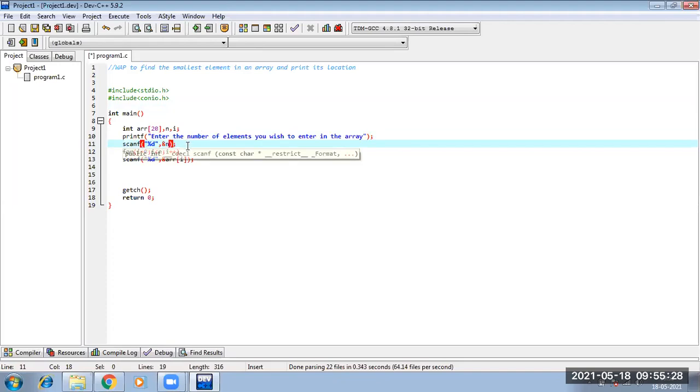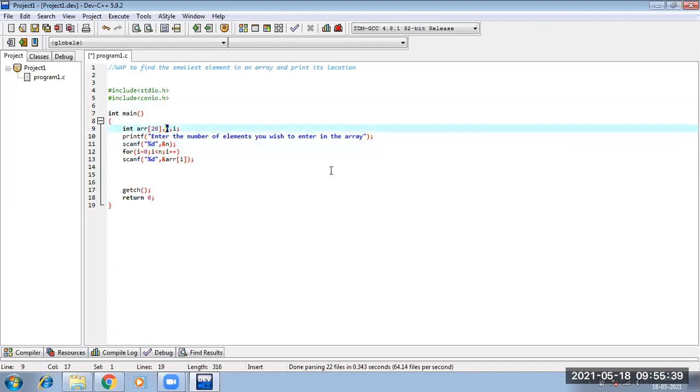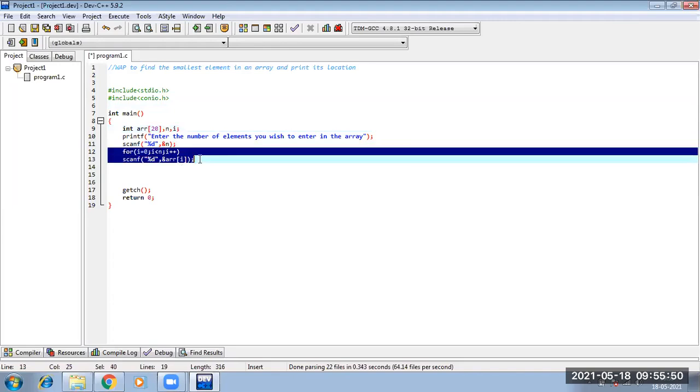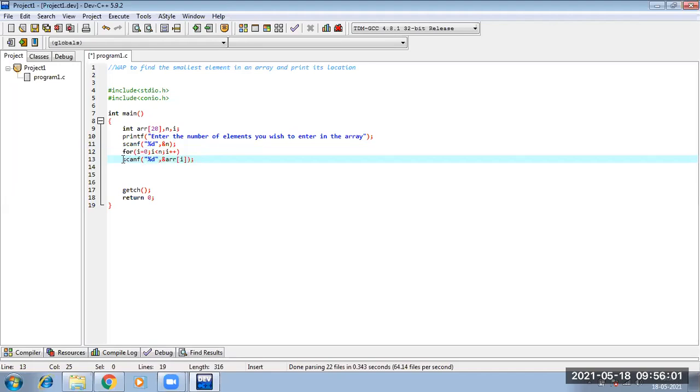And since I am using a variable n, we all know that whenever we want to use a variable, we first have to declare that variable. So I have declared that variable. Fine. Next thing is, once I know how many elements I am handling in my entire array, I will use a for loop. My for loop will start from the 0th index till less than n. That means if I have 5 elements, 0 to 4 will be the indexes, and accordingly in each index location it will take a value.